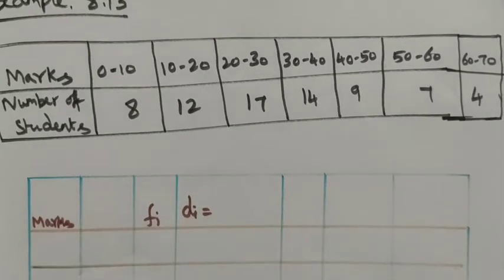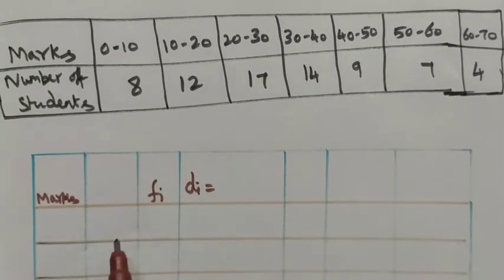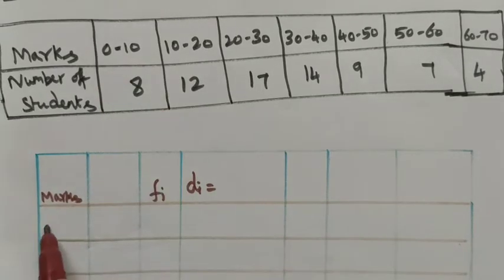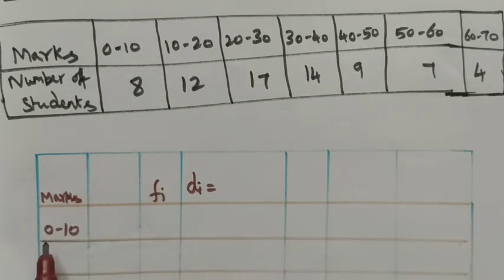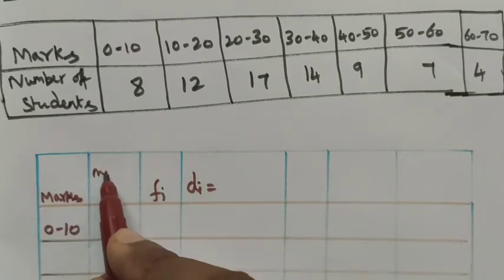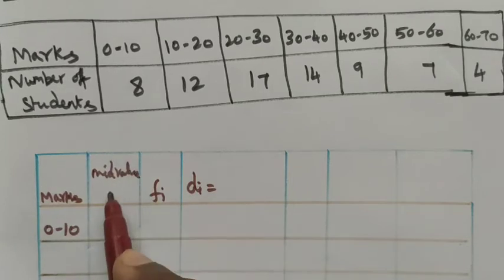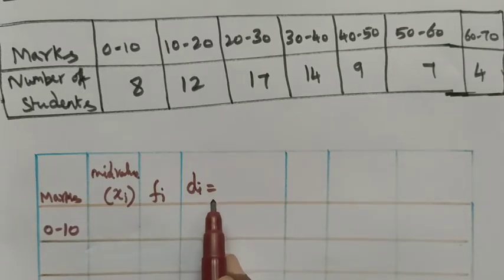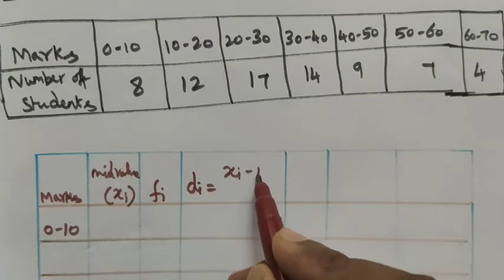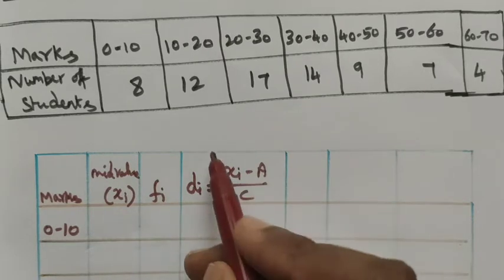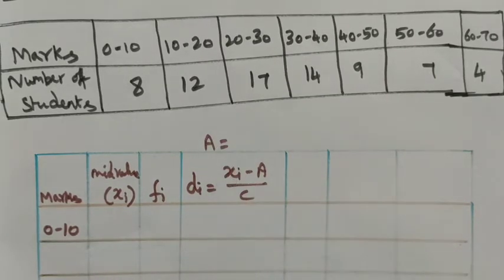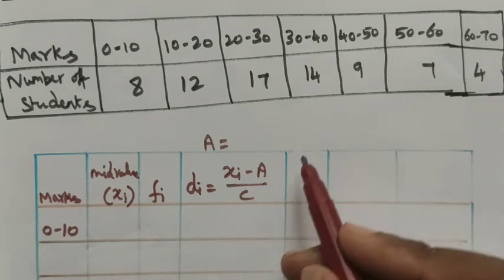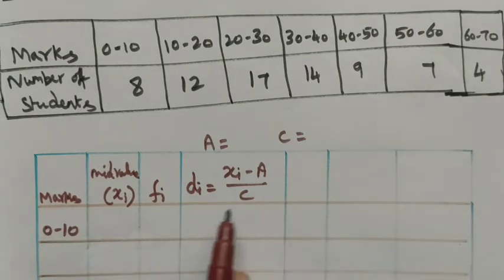See the given data, let's take this. First one is marks, and the marks are given in a class interval 0 to 10. Here we have the lower limit and upper limit, right? Sum of this lower limit and upper limit divided by 2 is the mid value. Mid value, let's take it as xi, and then frequency. Here we are using the step deviation method, meaning we have the formula xi minus a divided by c. Here the assumed value we can find out ourselves, and c is the class interval. C is the class interval of this number.